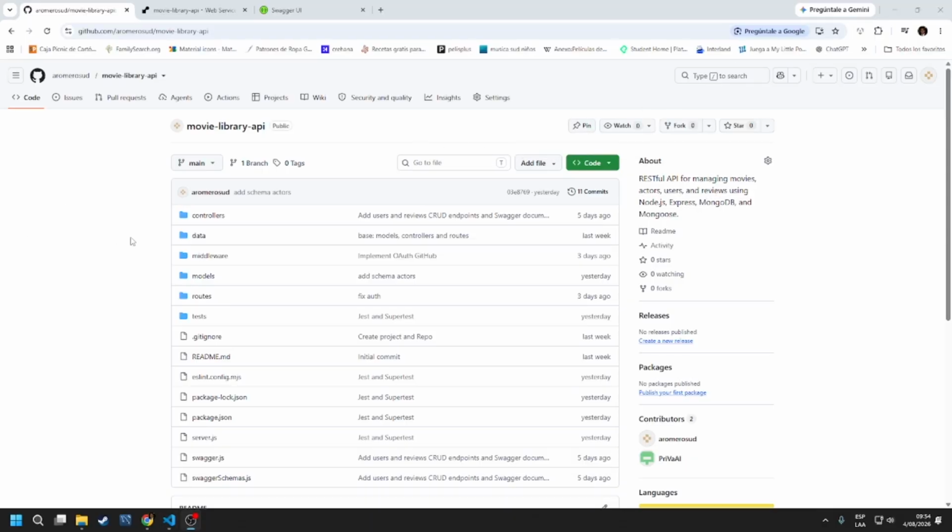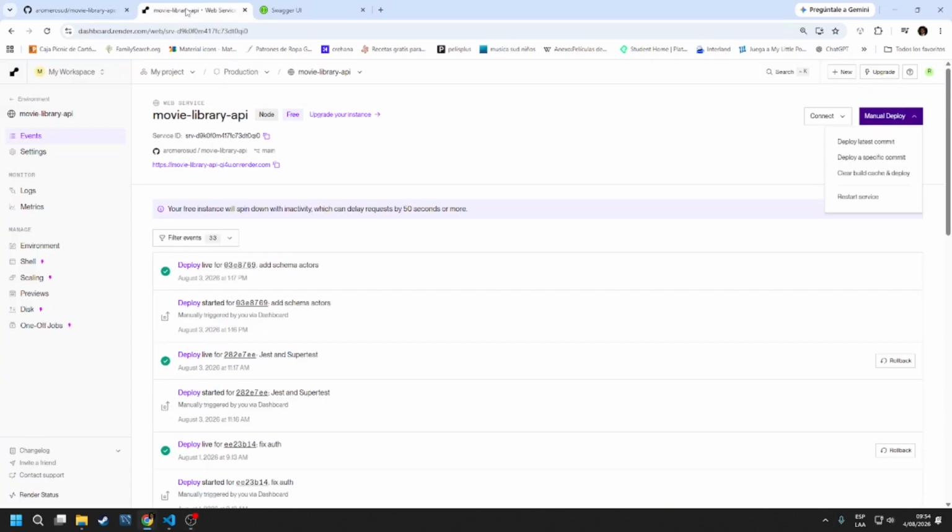This is our GitHub repository. You'll also notice that the .env file is not included in the repository, so sensitive information such as database credentials and OAuth keys remain secure. Now let's look at the project